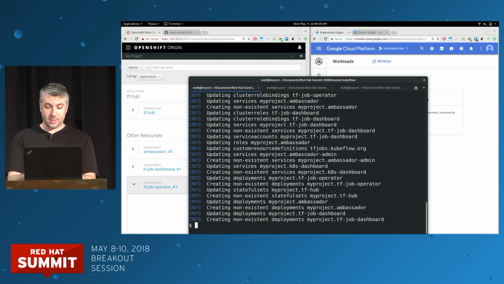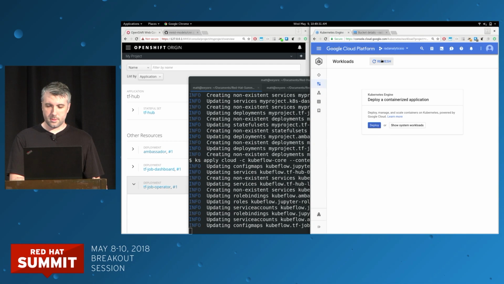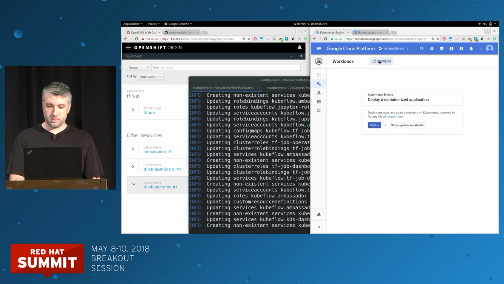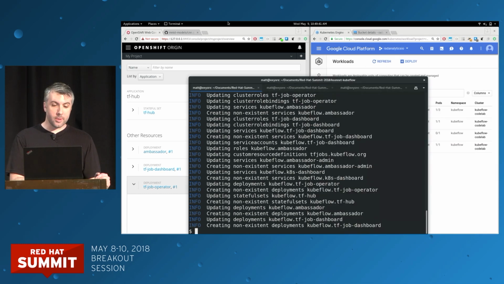We can do this exact same thing. I'll do this really slowly. The exact same commands, the exact same configuration, but we'll do it over to Google Cloud. See the objects coming up there at some point. Anyway, so while those are coming up, I want to point out or bring you to the